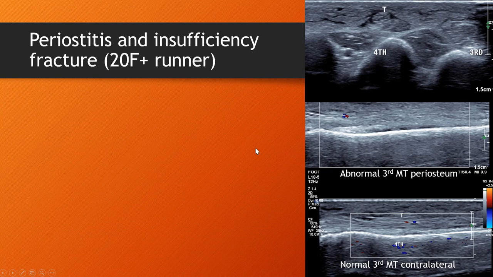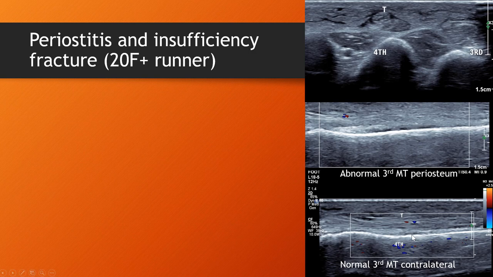Periostitis: this is a 20-year-old who gave consent for images to be used. She does a lot of running and high stress activities. We can see in the ultrasound, a transverse dorsal ultrasound over these metatarsals, soft tissue edema, these little dark striations running through the fat planes adjacent to the extensor tendon. This is the abnormal metatarsal and this is the normal metatarsal. The only difference we can really see is this hypoechoic thickened periosteum abutting the metatarsal shaft,